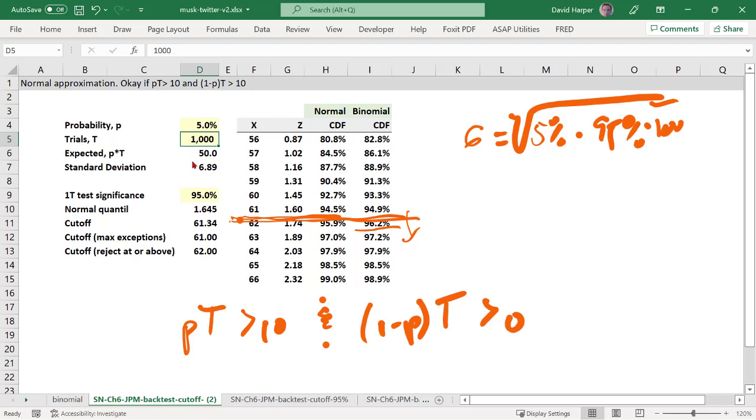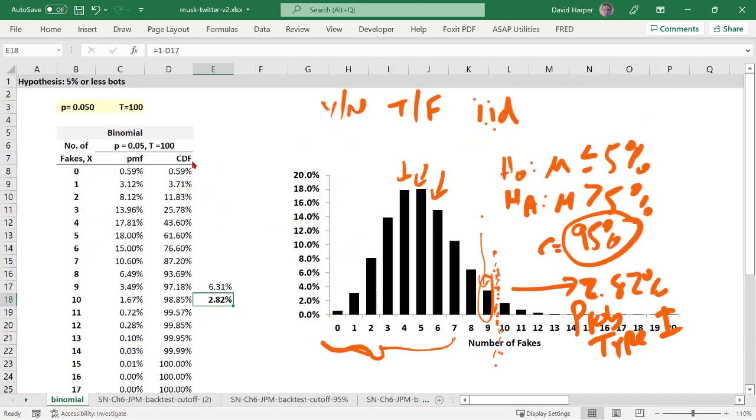And of course, when I increase the number of trials, I just wanted to show you the normal approximation. But if I go back here, you can see, as you would expect, we cannot get a free lunch in terms of the type 2, type 1 trade-off. There's no free lunch. The only free lunch here really is increasing the sample size, right? We just looked at Elon Musk's sample of 100, and we found that the cutoff, at least the way I showed you, that cutoff would be 10 against 5, right? So it's fully a factor of 2.